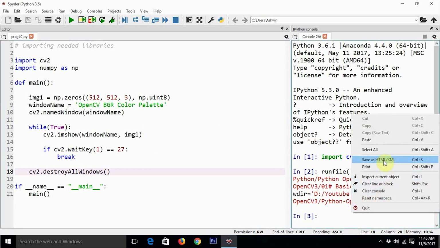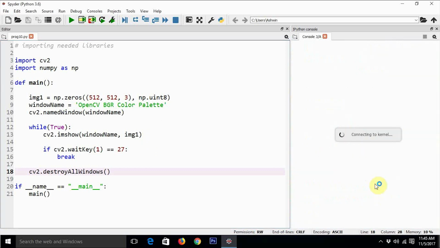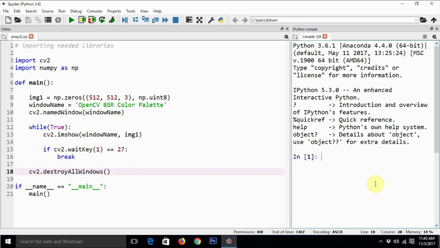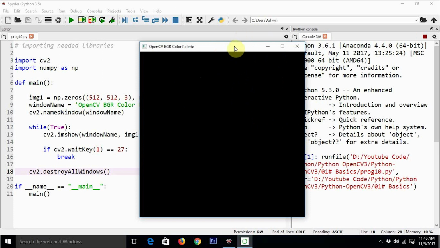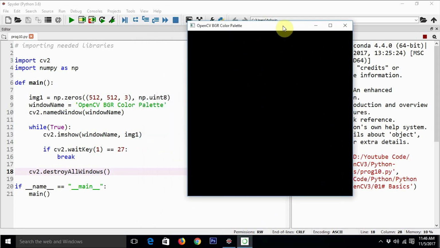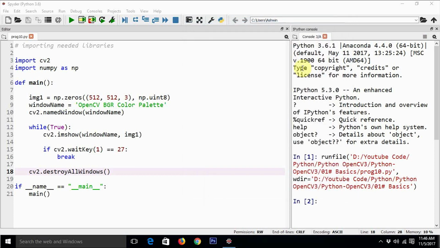So let's cross the fingers and execute this code. I'm actually executing this code after so many days, so I'm not quite sure if there is going to be any error in this code. So let's execute it. Let's see if the logic is perfect. And this is the window as expected, a 512 by 512 window, completely black, 3 channels RGB, and we have actually made every member of this image 0. Every tuple and every member of every tuple is 0. That's why it's showing the black image. And let me hit the escape key now. Once I hit the escape key, the window is going to disappear. Yeah, now this logic works perfectly.